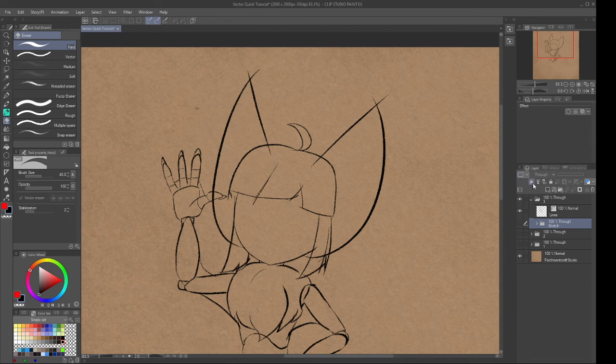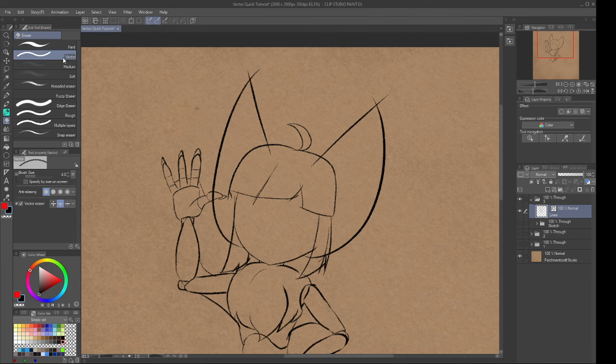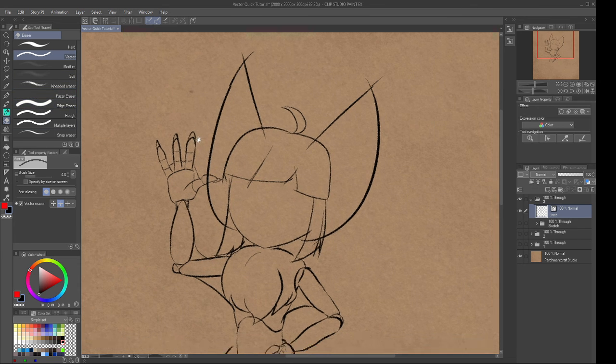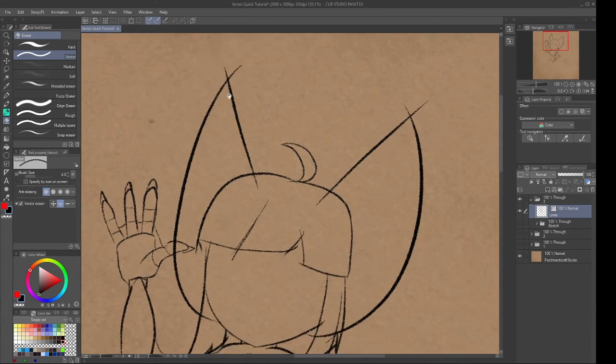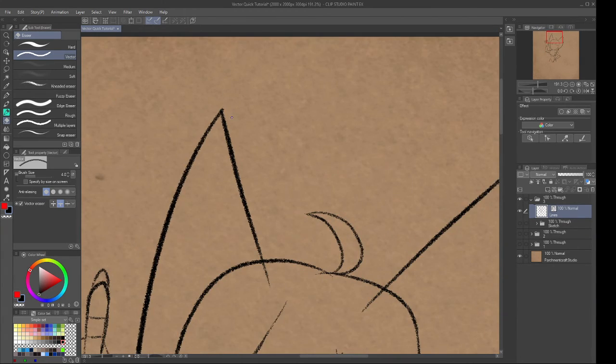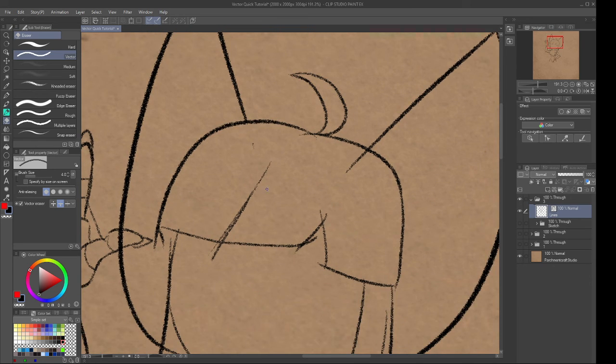Here's just a quick list of the tools that I like to use. First here is the eraser. By default, you will have a vector eraser. It might be listed a little bit differently on yours. I've reorganized all my tools. But if you use the vector eraser, you can simply just cut off intersections, and it'll just delete up to